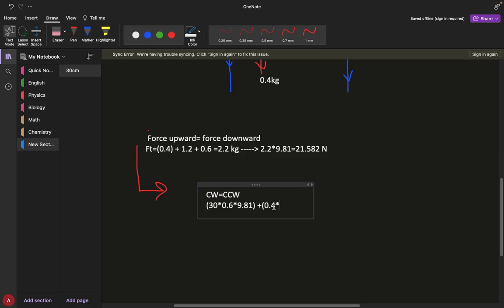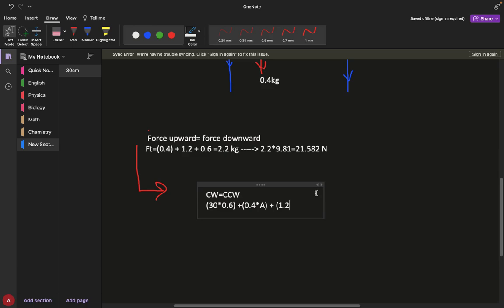Actually, you know what I'm going to do? I'm not going to write 9.8. Why? Because on both sides, if I write 9.8, I'm going to cancel out the 9.8. That's why I didn't even bother to write the 9.8 now. It's because they'll cancel out each other. I won't do it. 0.4 times, let's say, x. Actually, x is confusing. Let's put, I don't know, a. All right. And plus